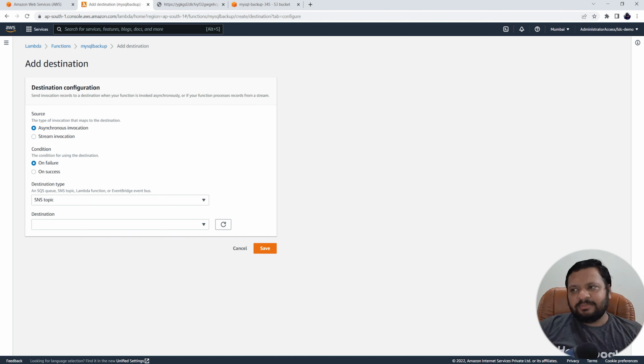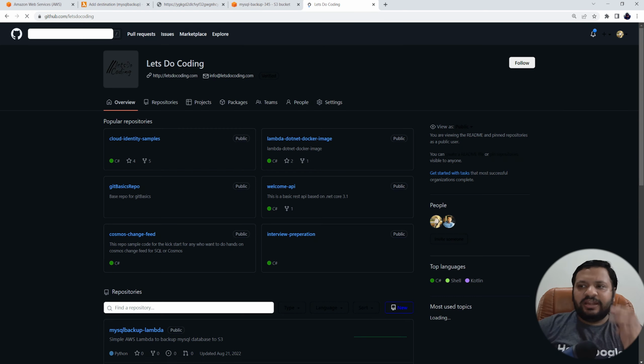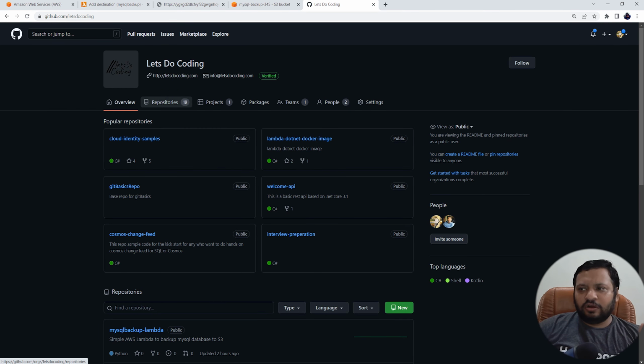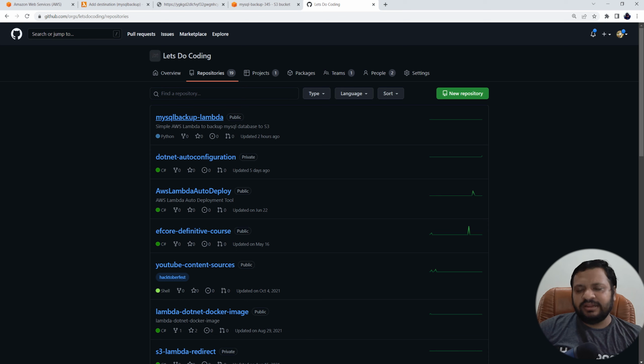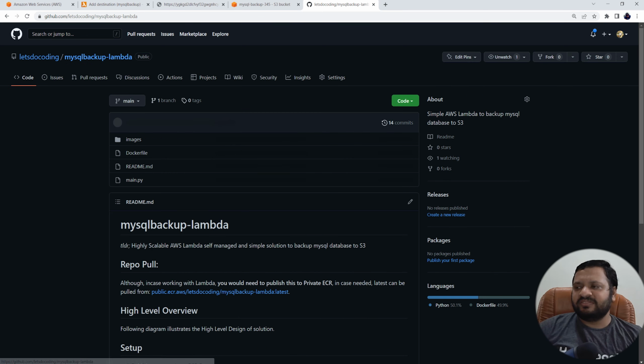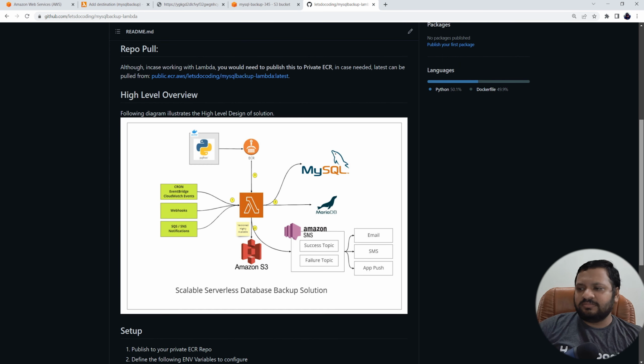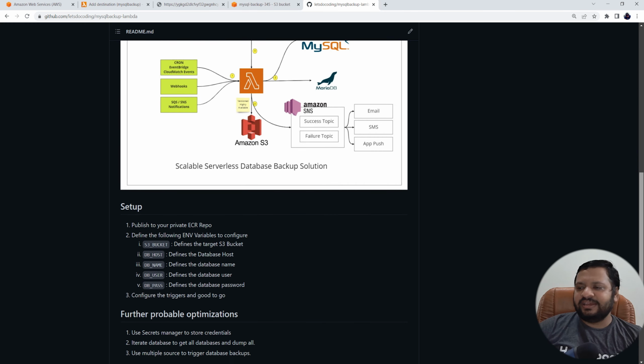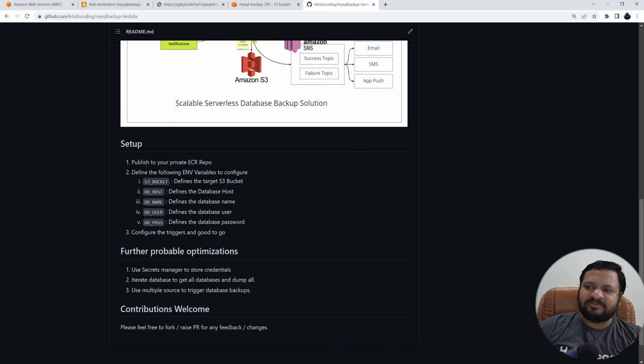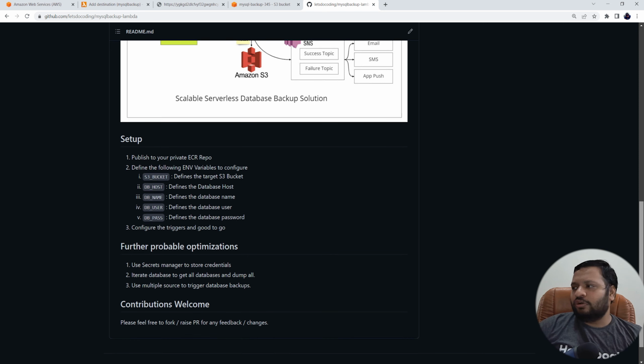But again, as I mentioned, there are a lot of these things. And if you want to actually grab the code, all the code is available on GitHub. The link is in the description. You can go over there and see it all: the architecture we are using, then again different setup steps, different environment variables that we want to use,